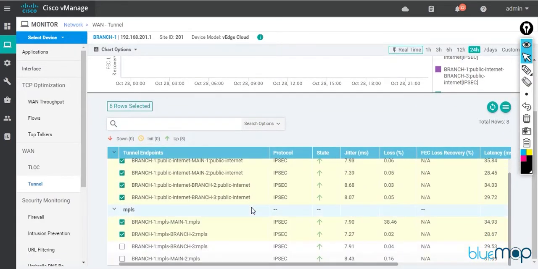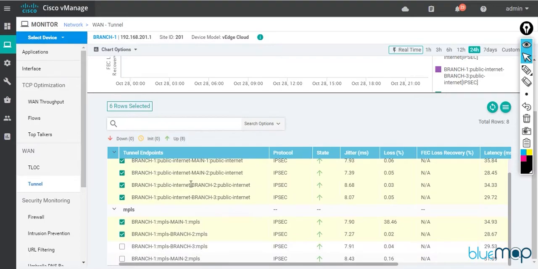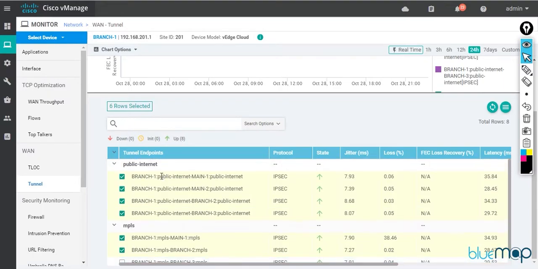The branch 1 router, the one which we have picked up right now, has tunnels with main 1, main 2, branch 2, and branch 3. So this is the public internet transport, and it has tunnels with main 1, branch 2, branch 3, and main 2 over MPLS as well. So a total of 8 tunnels exist.